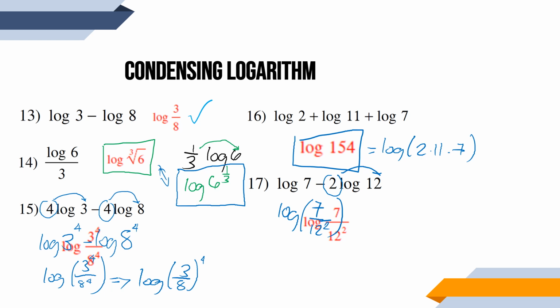Let me just erase this because that is correct. Or if you want to extend this one or simplify more, this is just equal to log 7 over, what is 12 squared? That's 144, right? Am I correct? Yeah, that's 144. So this will be our final answer. So this is all about logarithm, the concept, the different laws, the different rules, and then we expand logarithm,